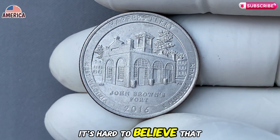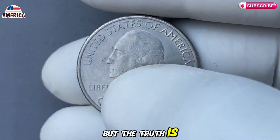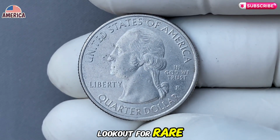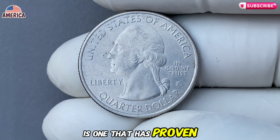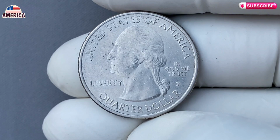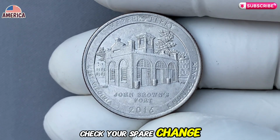It's hard to believe that a coin as simple as a quarter could be worth that much, but the truth is, collectors are always on the lookout for rare, well-preserved coins, and the Harper's Ferry quarter is one that has proven to be in high demand. So, take a close look at your coin collection, check your spare change, and see if you have one of